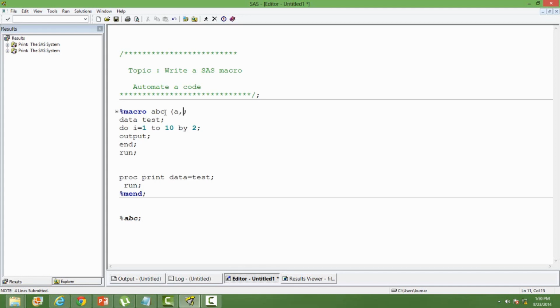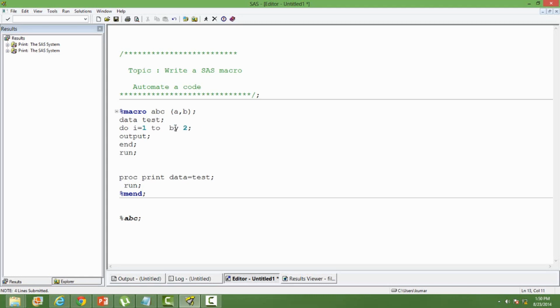I'm creating two parameters, a and b. You can give any variable name. I'm giving a and b. A and b are nothing but the macro variables. So macro variables, you can use as a generic variable inside the code.